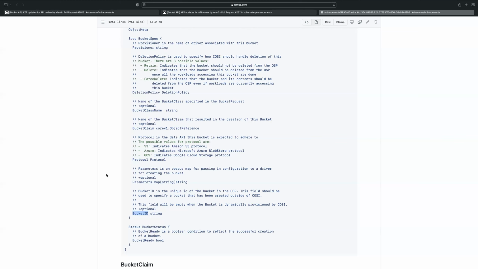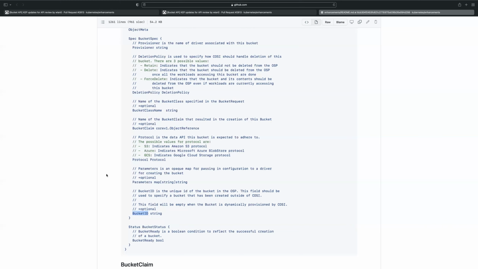Yeah. Consider the scenario where I have created a bucket claim and I got a bucket. For our use case, if I need to have a copy of a bucket in a different namespace, which was a discussion we had, do I need to have the backend bucket name or not? No, you don't.